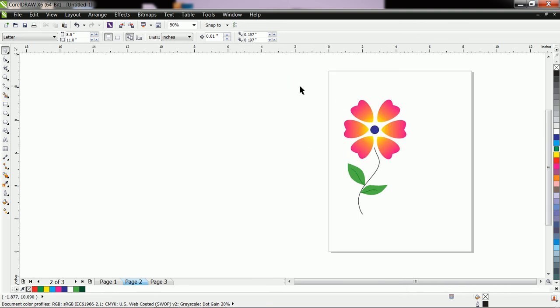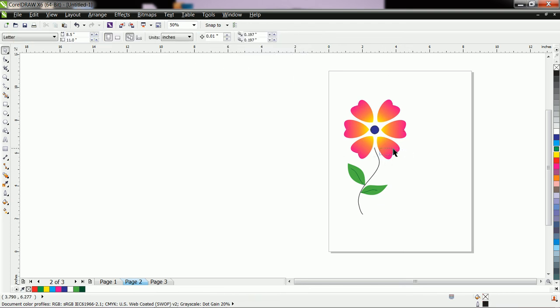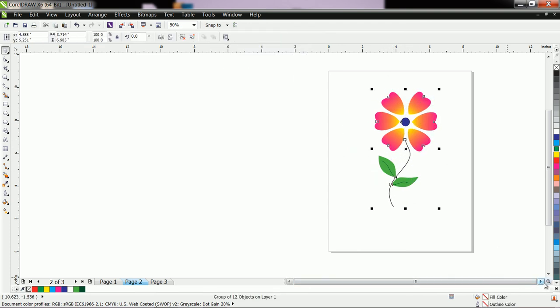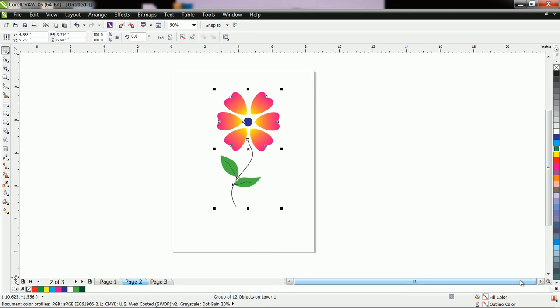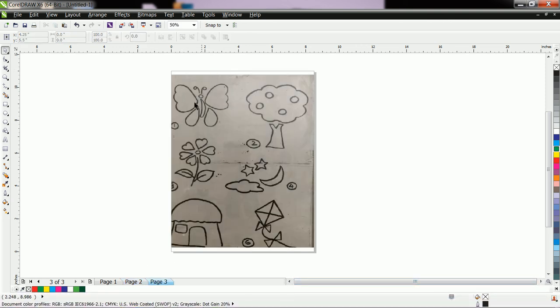And if you want to group it, then select the whole drawing and click on either group or Ctrl G. Now the group is created. Like this, with the help of rotate and mirror, you can create a drawing as per your choice. In this drawing also we can use mirror object. Here also we can use mirror. Here also we can use mirror. Like this, you can create a drawing. You can easily create this tree and this hut. Okay, keep practicing, then only will all these concepts get clear.